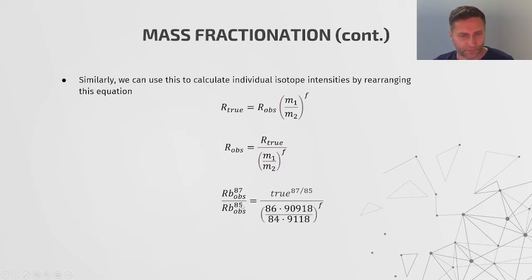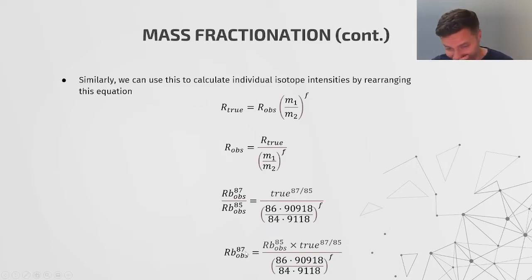And then if we were, for example, trying to work out the 87 rubidium based on our 85, we would rearrange the equation to look like this. And then we just multiply both sides by the rubidium 85 values,